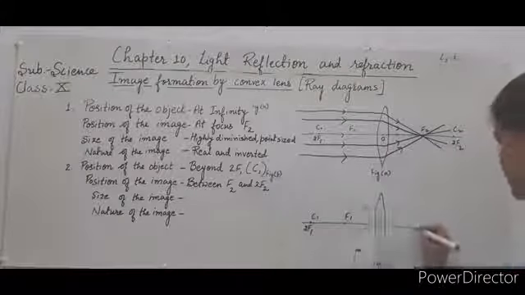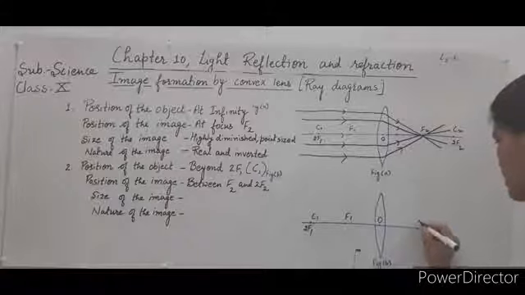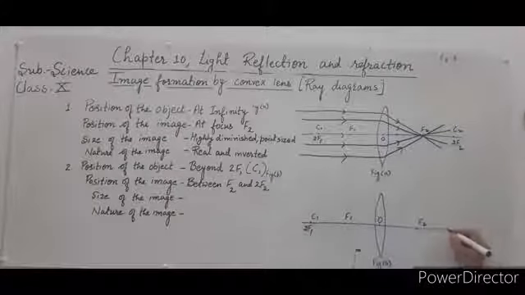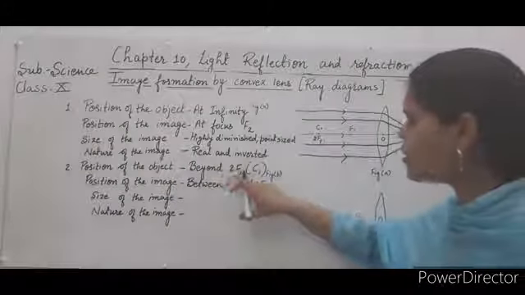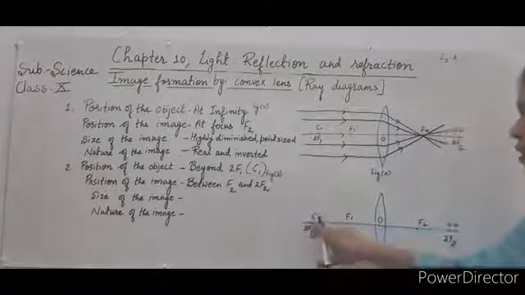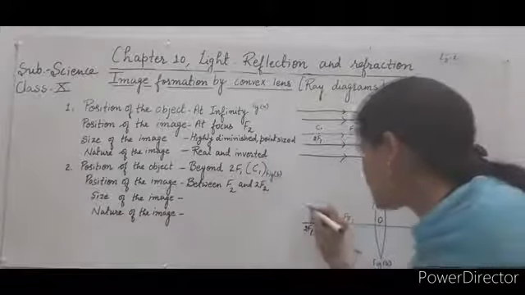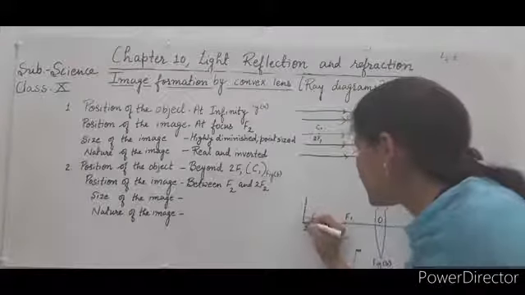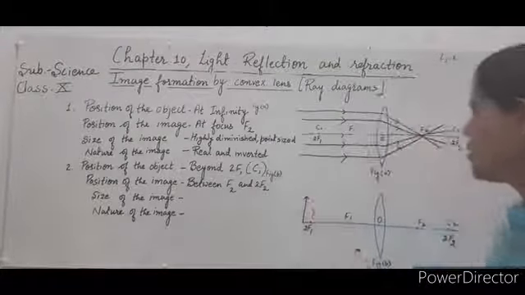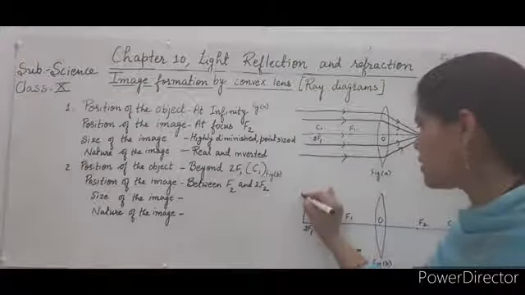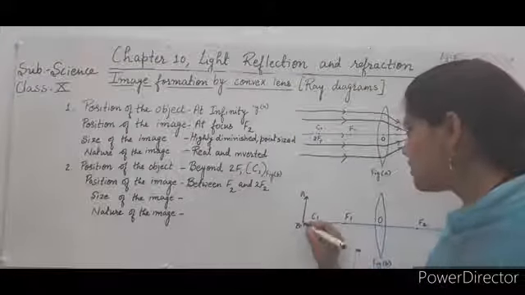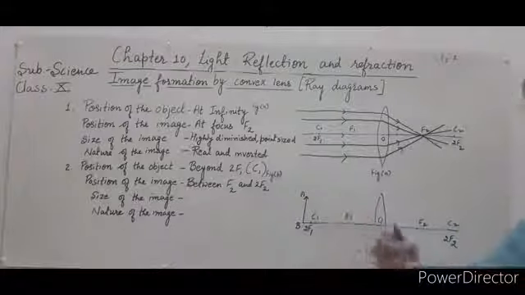This is F2, this is C2, also called 2F2. So, when the object AB is placed beyond 2F1 or C1,